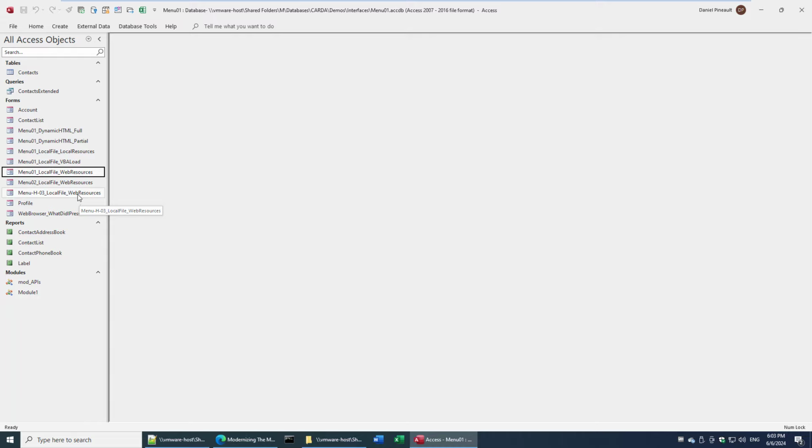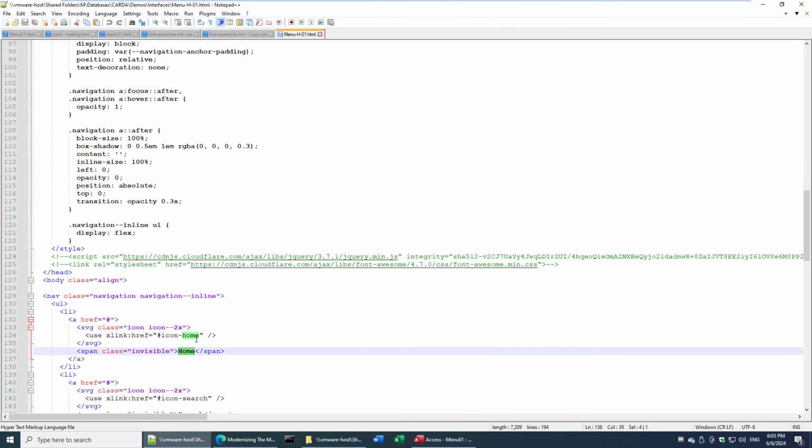It's referring to the fact that currently, with the exception of simple, more advanced menus typically use libraries like Font Awesome for getting their icons. And currently there is no way to make that work with the modern web browser control if you try to run everything locally. But as you can see here, I'm using a local HTML file, but the web resources, so the Font Awesome library, are web-based. Now, what the heck is he talking about? What I'm talking about,